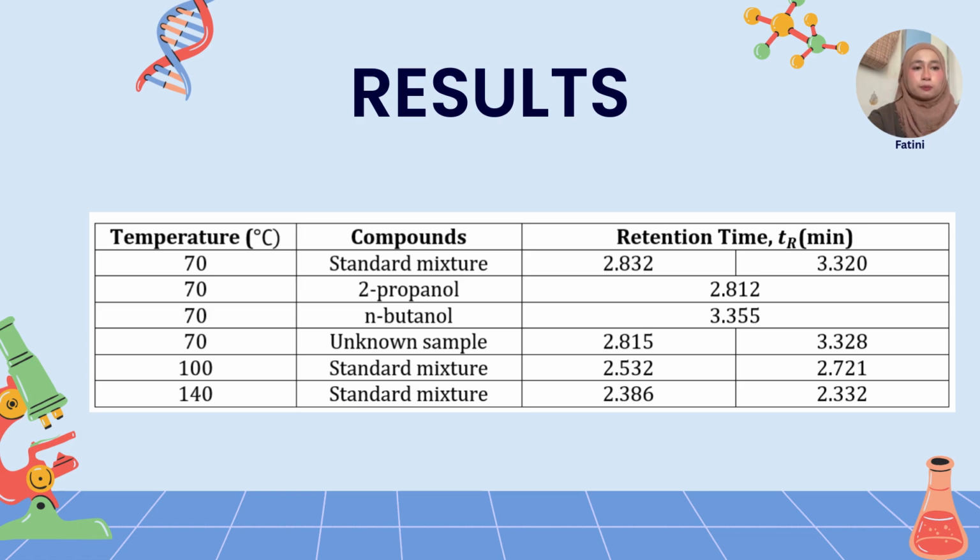So the result for the compost standard mixture at a temperature of 70 Celsius, the retention times we got were 2.832 and 3.320. And then for 2-propanol, temperature is 70 Celsius. The retention time we got is 2.812. And then for N-butanol, temperature 70 Celsius. The retention time we got is 3.355. For the unknown sample, temperature 70 Celsius. The retention time we got